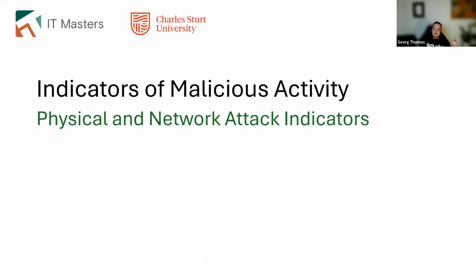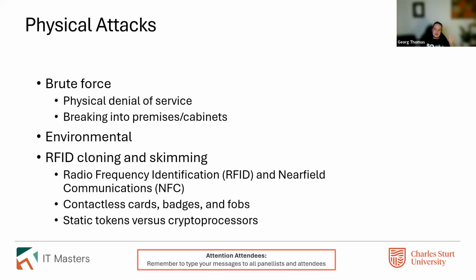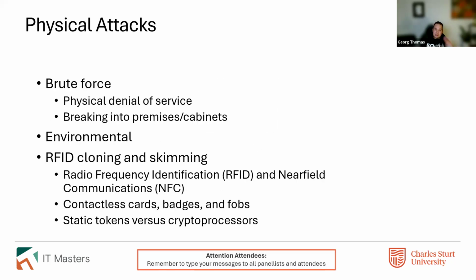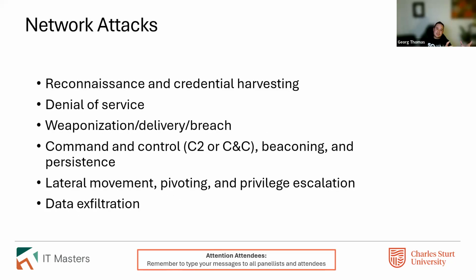Sorry, physical and network attack indicators. Physical attacks mean physically breaking into a building. Things like brute force, so physically breaking in. RFID cloning and skimming, so copying access cards and things like that. Those are different types of attacks which happen in the physical world versus network attacks, which happen in the logical network environment. So things like credential harvesting, command and control, all those sorts of things, stealing information,